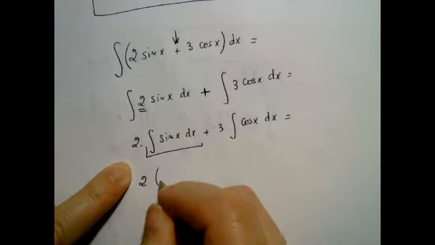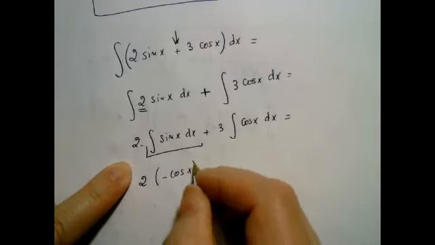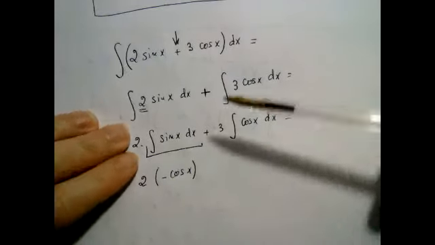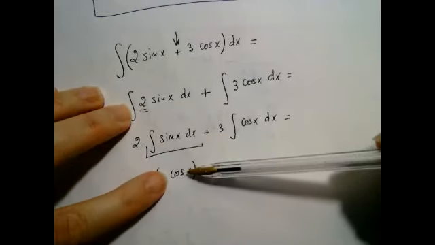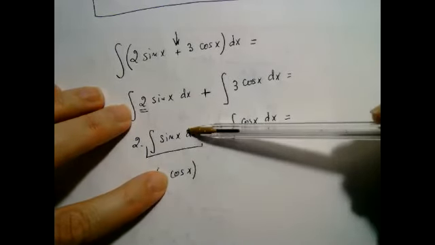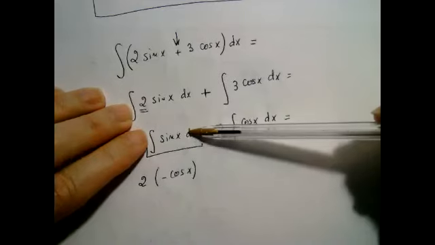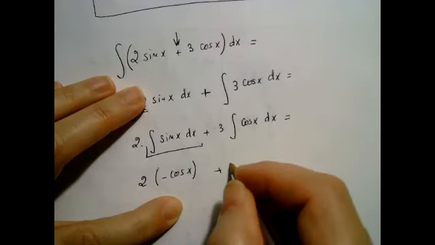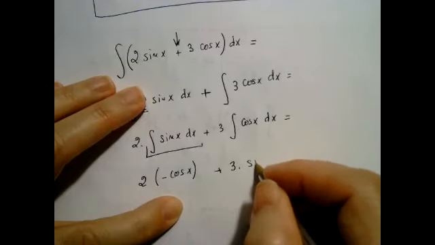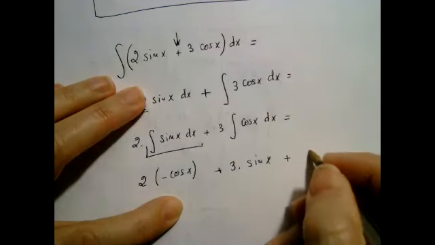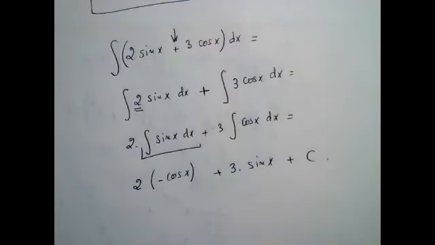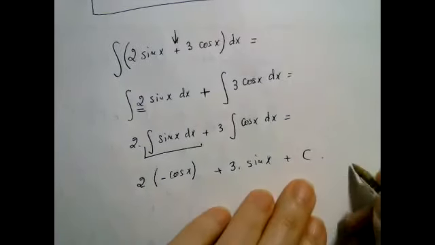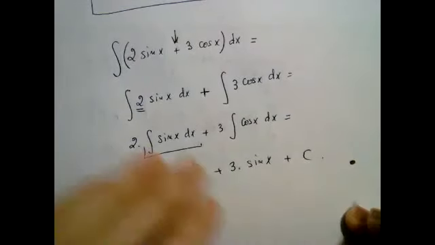Antiderivative of sine x is minus cosine. So here there is a tendency of us forgetting the sign. The derivative of sine is cosine, but the antiderivative of sine is minus cosine. So try to keep that in mind. And then the other is nothing more than the sine plus c. So now we can find the antiderivative of a whole new class of functions, actually quite a bit of them. Okay, so I stop right here